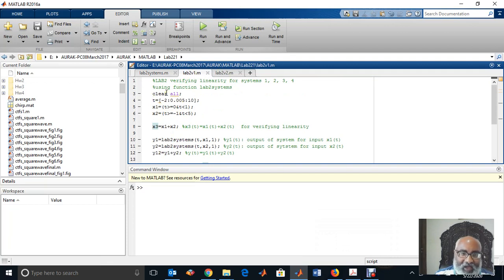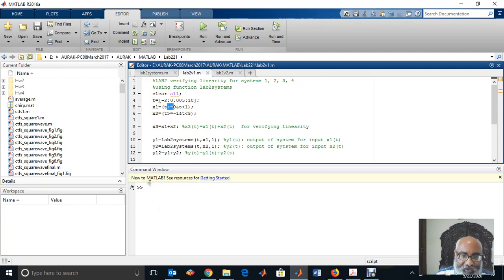And usually I start with clear all. Clear all means clear all variables in the workspace. Remember, this is the workspace, and so that's to avoid any confusion with the variables. That's why I clear all. Now t we define from -2 to 10, and x1 is t greater than or equal to 0 and t less than 1. Okay, actually let me show you what this